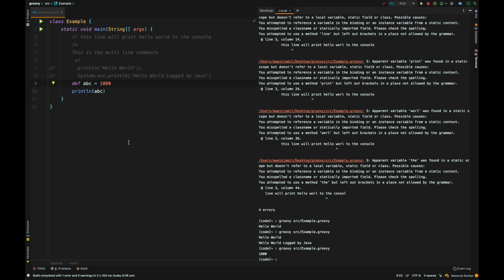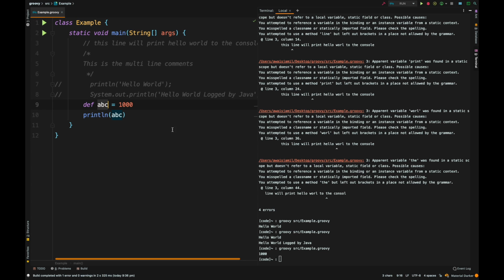Now we are actually not printing the 1000 directly, we're just printing ABC. So what happens here is when the compiler reads this line, it looks for the def keyword and it says, oh, we're trying to define an identifier, or we can say variable, which is basically a memory location in your RAM.